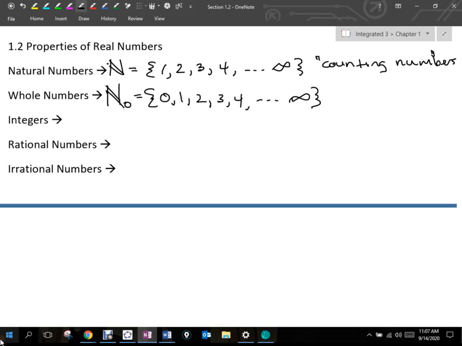Because some rules will need us to be able to use 0, and some rules will need us not to include 0. So some rules it makes sense to use natural numbers, some rules it makes sense to use the whole numbers. And we'll get to that later in the year when those things come up. Okay? Now integers,